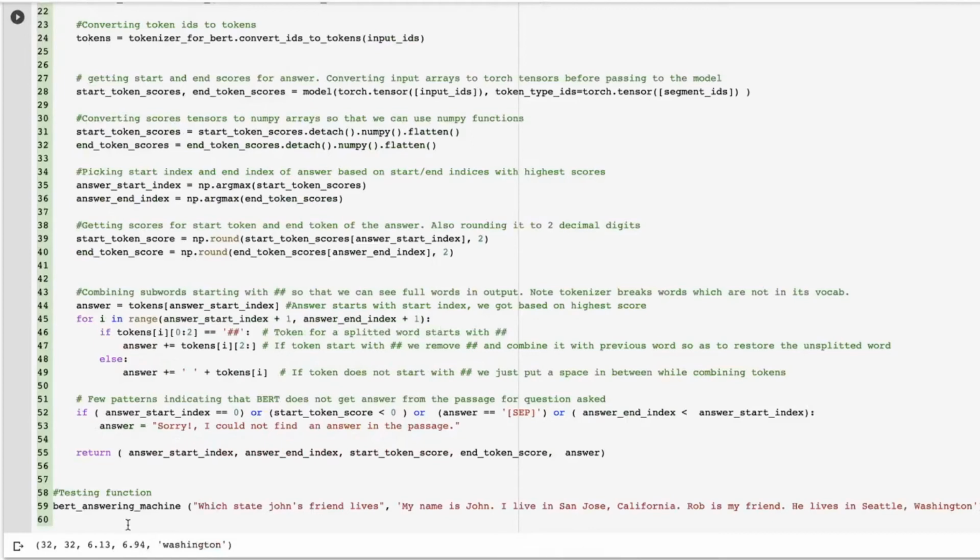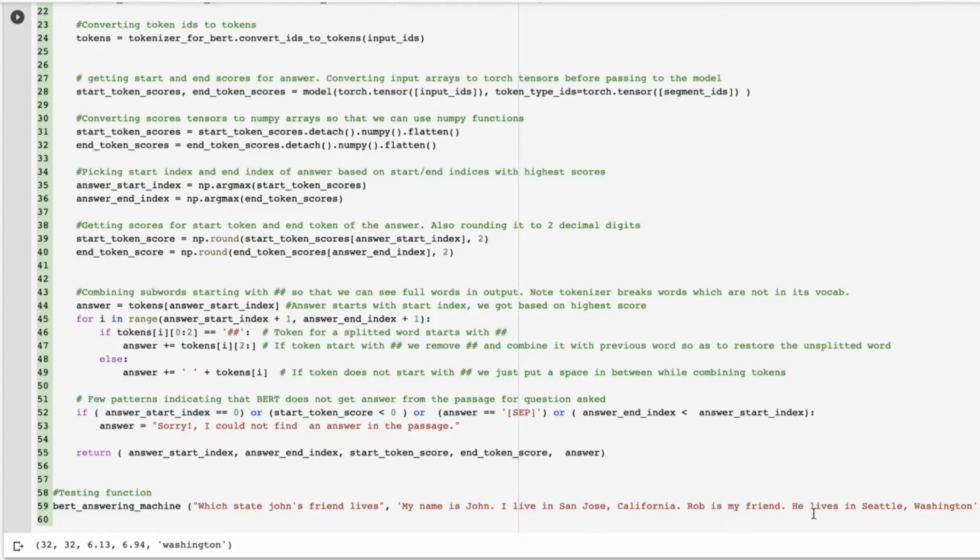So as you see here, this function is BERT answering machine, and we pass two parameters to it. First is question, and second is the text from where you get the answer. So if you see in this example, the question is which state John's friend lives, and the context or the passage from where to get the answer is: my name is John, I live in San Jose, California.